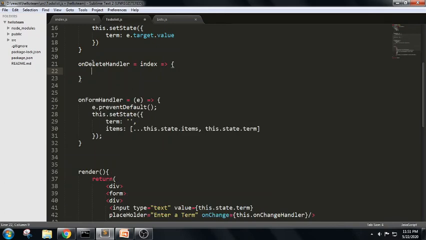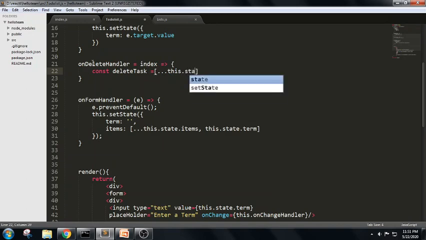An arrow function. In this, if you can see, we were trying to use a slice. In the slice we will delete an item based upon the first parameter, the element where we need to start, and the next one, how many elements we should remove, as we have discussed.